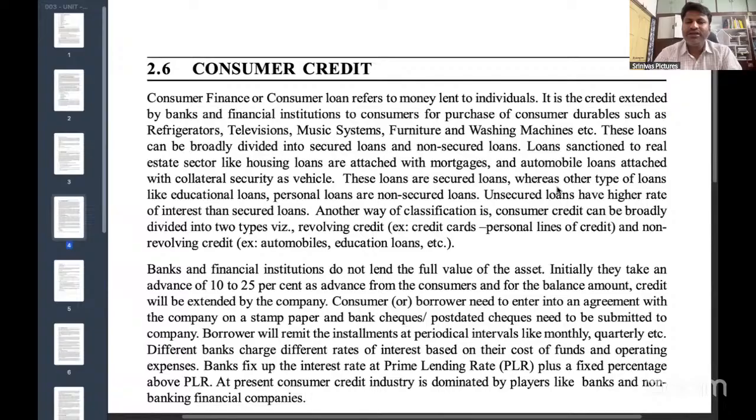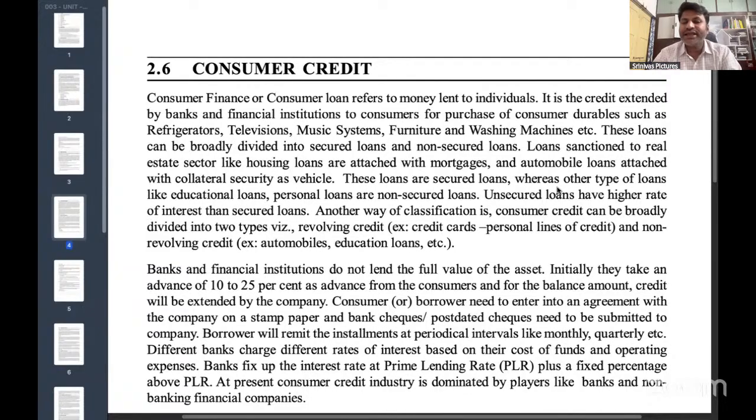Consumer credit. Consumer credit means what? Consumer finance or consumer loan refers to money lent to an individual. Generally, financial institutions offer loans to consumers. It is credit extended by banks and financial institutions to the consumer for purchasing consumer durables such as refrigerators, televisions, music systems, furniture, and washing machines. So these loans can be broadly